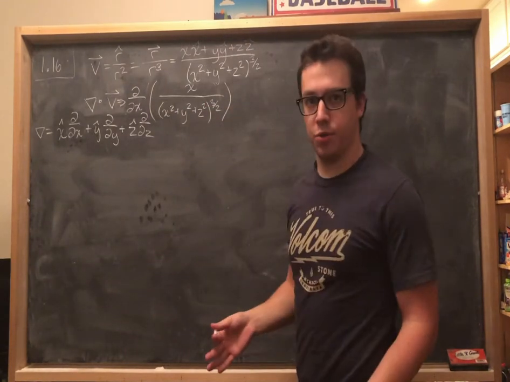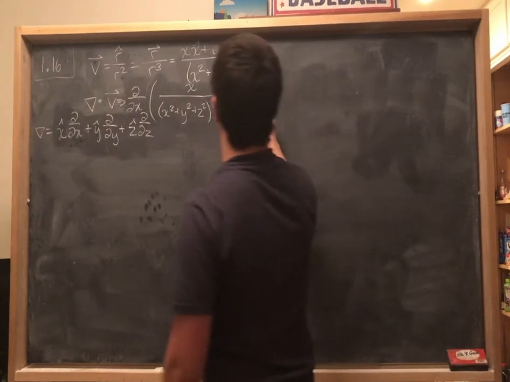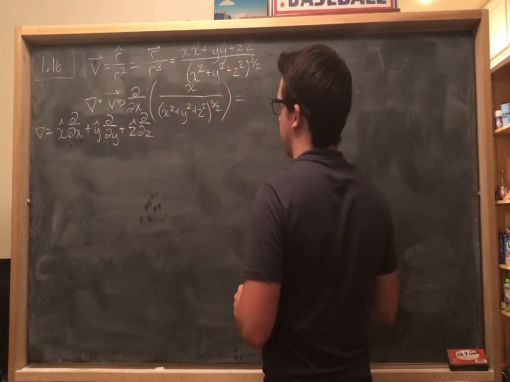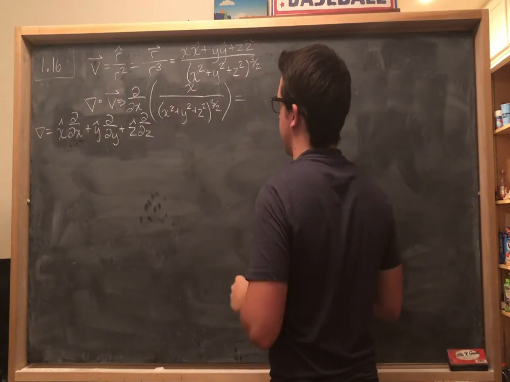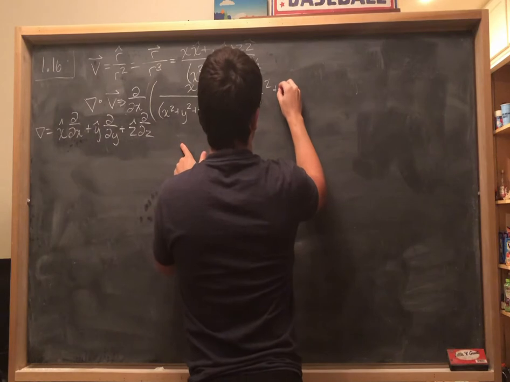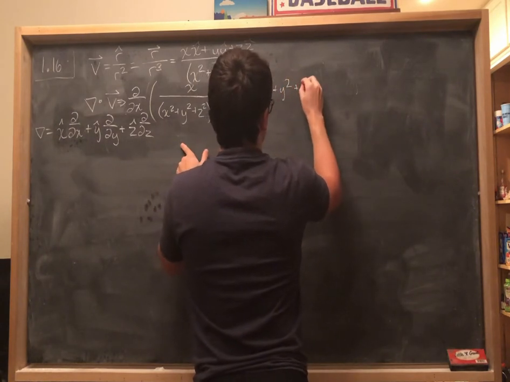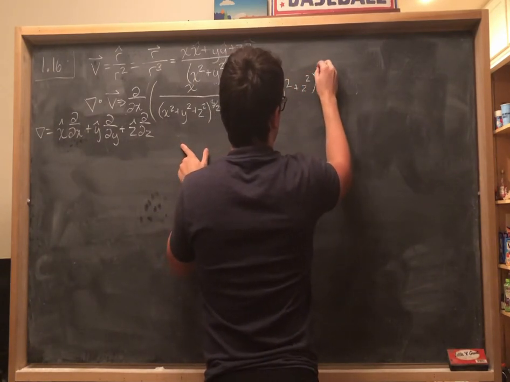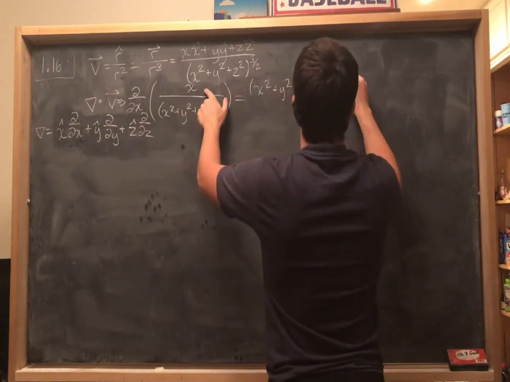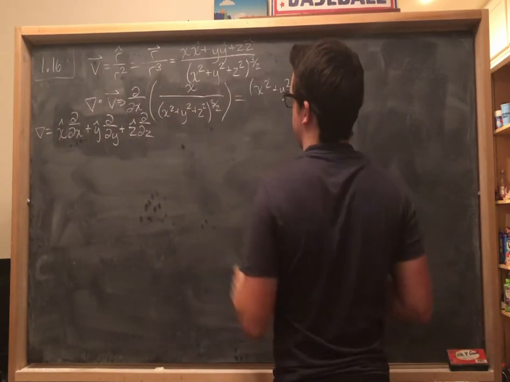So you should know the quotient rule. That's what we're going to be using. So let's quotient rule this out. The first term, of course, x is going to be differentiated to 1, so then we just get x squared, this bottom term, in the denominator, x squared plus y squared plus z squared to the 3/2, minus x times this term